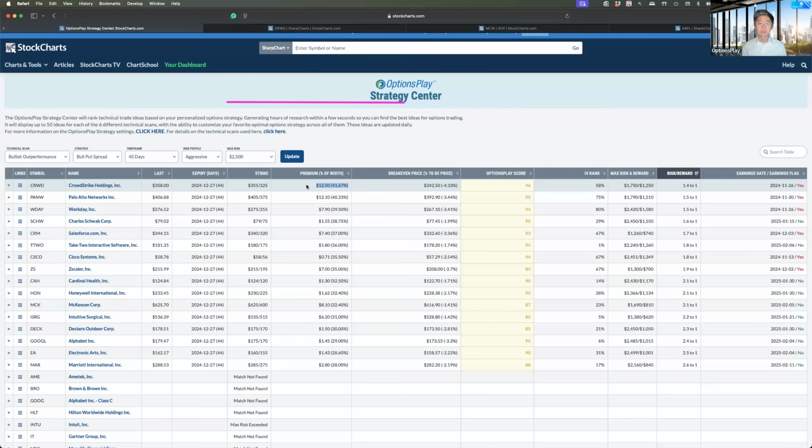For those of you that like selling credit spreads, you know exactly what that means. For those of you that don't sell credit spreads, you might have a little bit of learning to do here as to what it means to collect 40% of the vertical width. But this is my most optimal credit spread with a technical setup that I have found using this particular scan. And for those of you that have experience trading options and selling credit spreads, you know